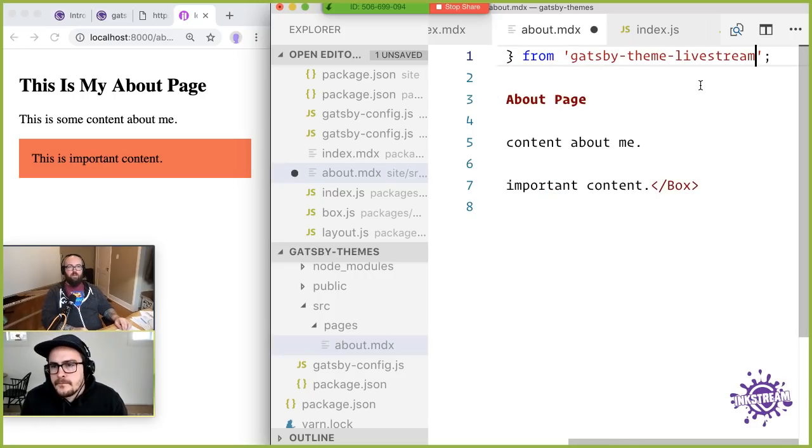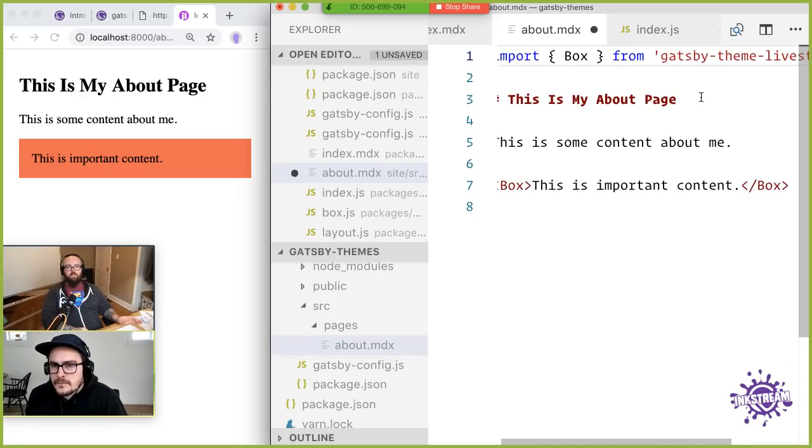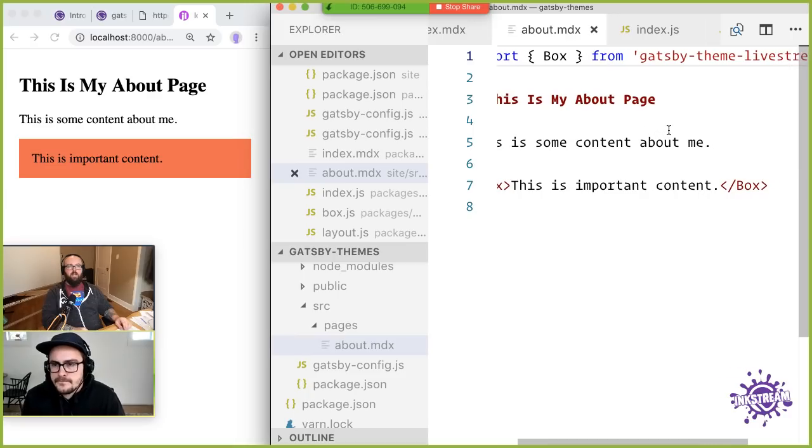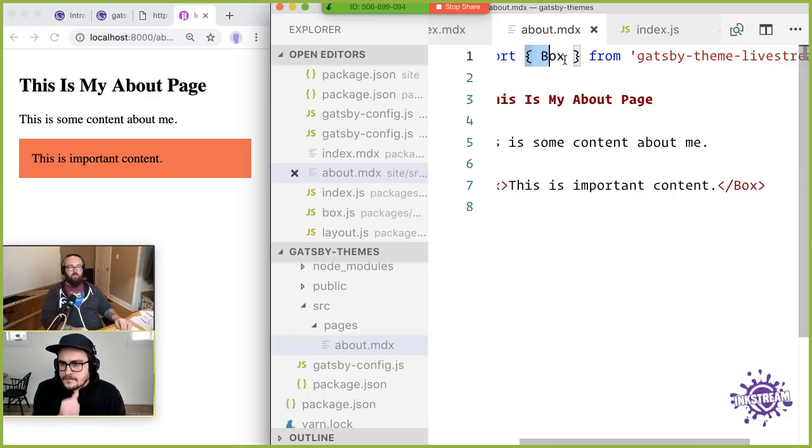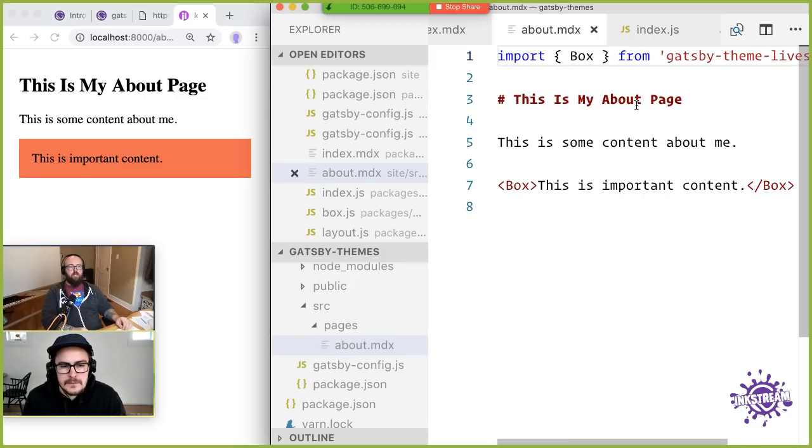So there's obviously limits to what makes sense, but this is a really nice way of solving this problem where you have a set number of things available from the package, and you just import them and use them as needed. Okay, so